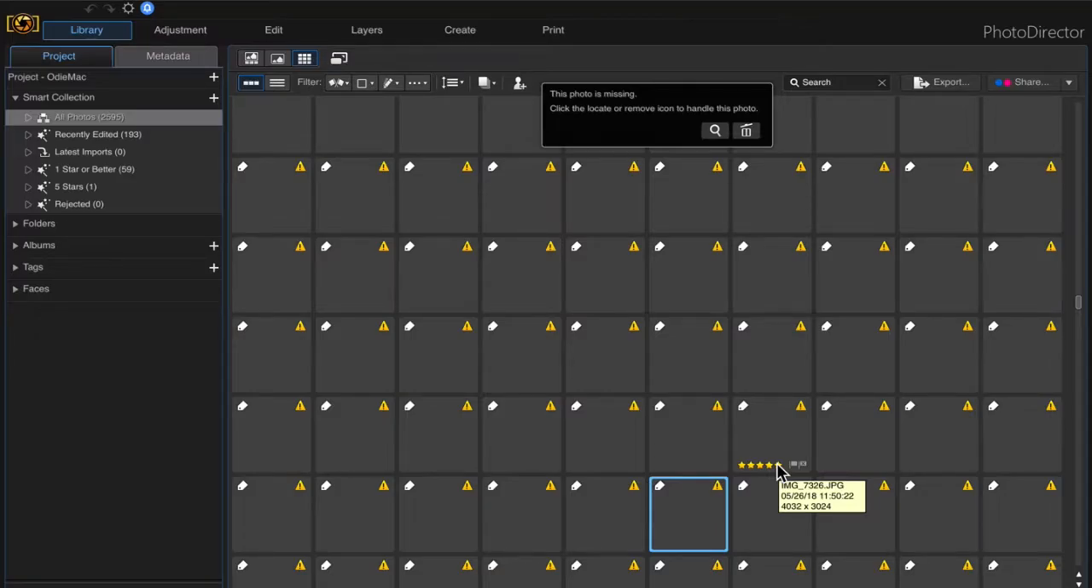If you've ever seen this message, "This photo is missing," and wondered what happened to your photos, it's probably because you either renamed them, moved the original folder or file, or you've deleted them altogether. So to try to find the original photo, you can just hover over it and it'll give you the name